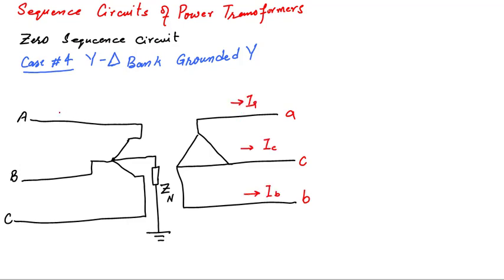But if we look on the other side, these three currents may have a zero sequence component, and that zero sequence component will get added at the neutral point, and from this neutral it will flow into the ground. So here this current, 3 times I zero sequence, may exist. The question is, a current can exist on the Y grounded side, but its counterpart cannot exist on the delta line current. So how is it possible that this transformer is carrying a zero sequence current on the Y side, but its counterpart does not exist on the delta side?